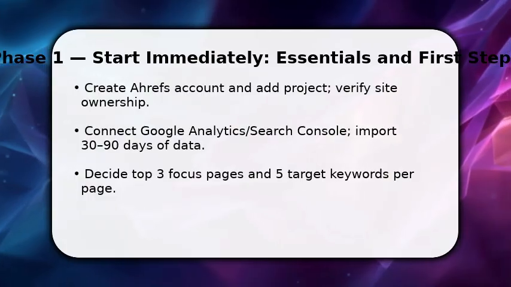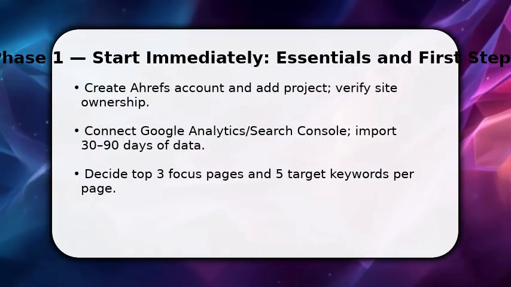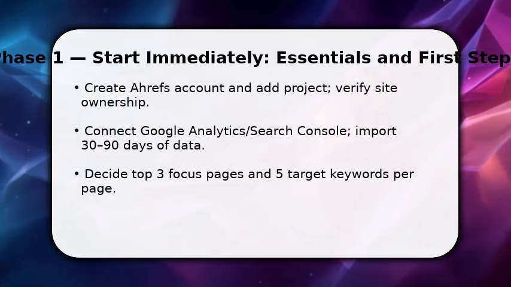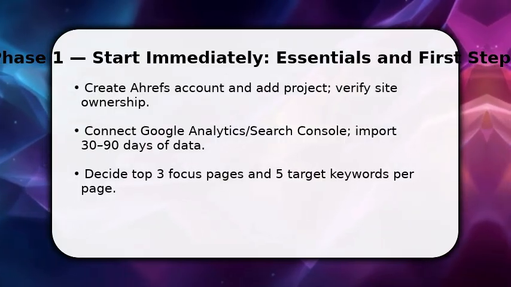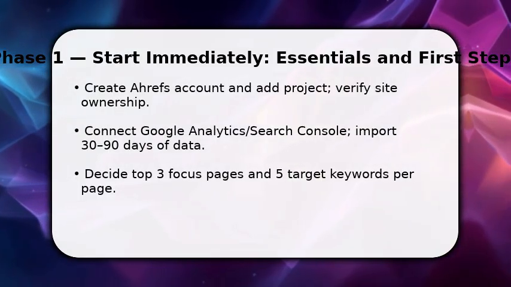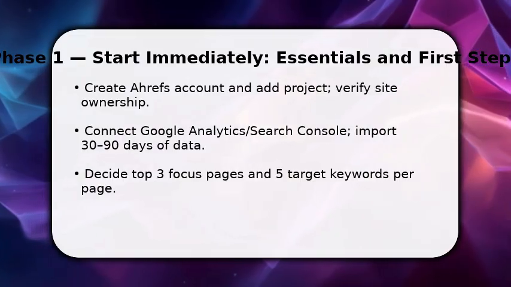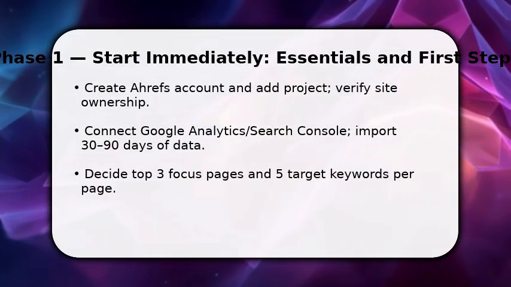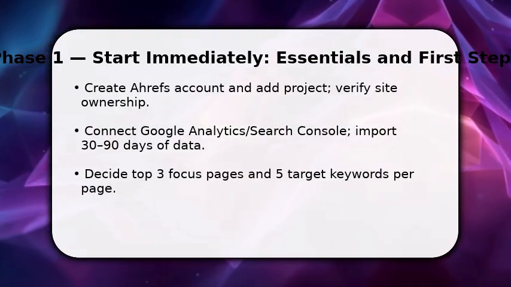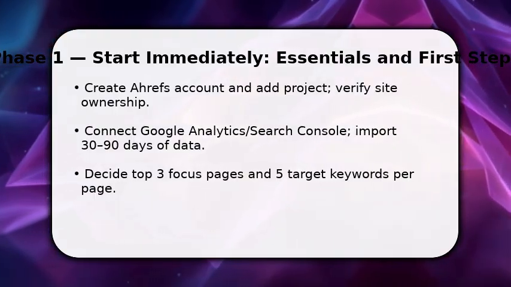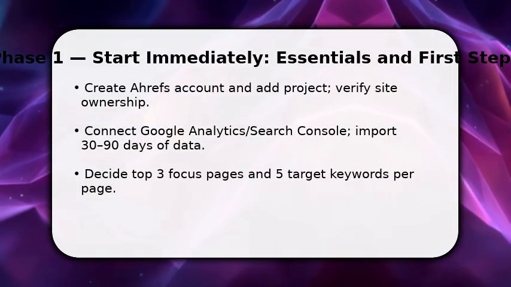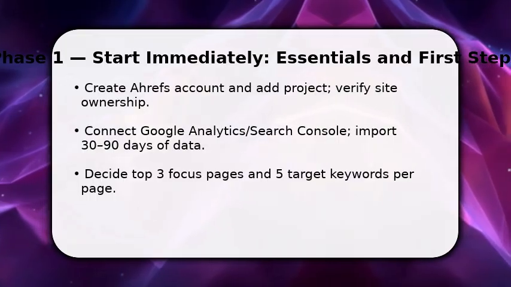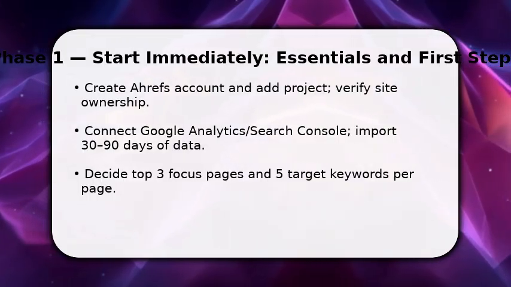You're ready to act now. Start by creating an Ahrefs project and verifying your site. Don't stall. Once connected, link Google Analytics and Search Console to import 30 to 90 days of data so Ahrefs can surface accurate trends. Next, pick your top 3 pages to optimize and choose 5 target keywords for each page. This sets measurable goals. Make sure to enable site crawl scheduling and set a preferred domain so future data is